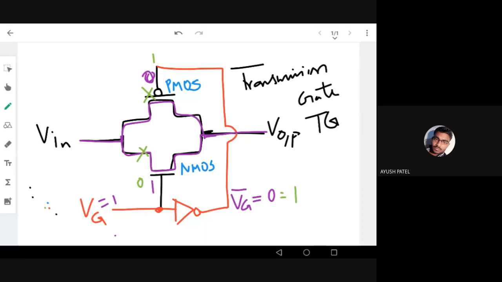So a transmission gate is a junction where a control signal will decide whether the input should go to the output, right? So this is also a good example of transistor switches. Okay, I think we'll stop it here. And if you have any doubt, I'll be happy to help, or if you have any comments, you can just